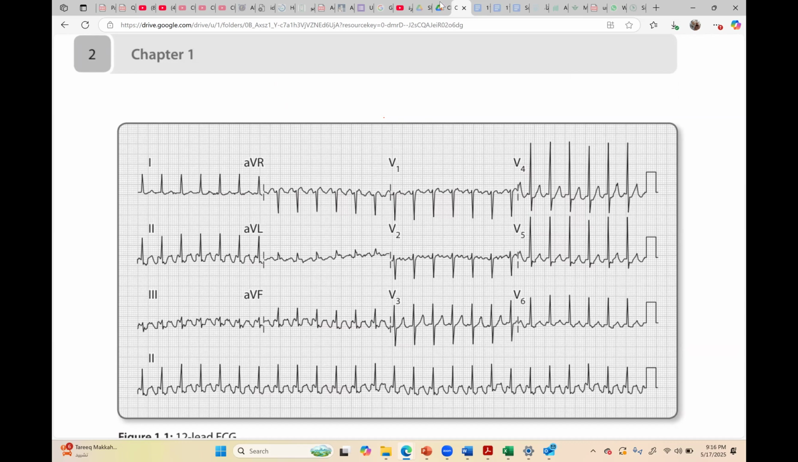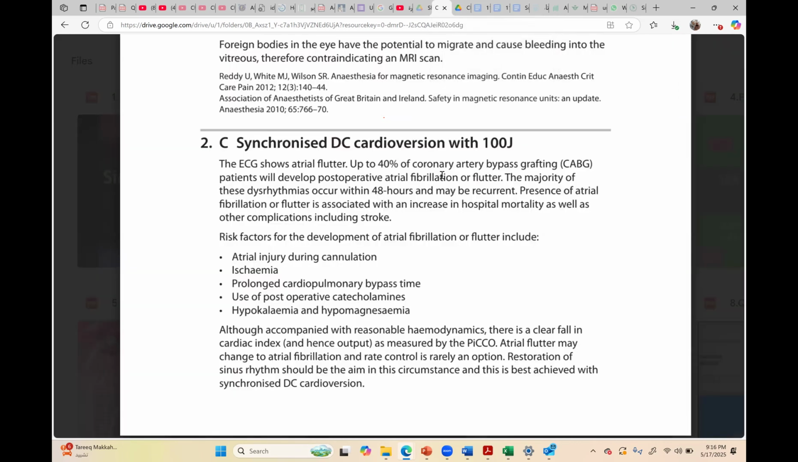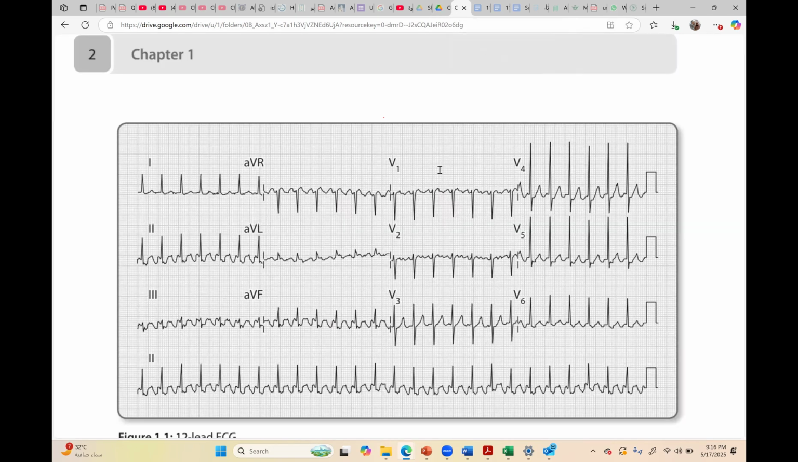Okay, let's see. Up to 40% of CABG patients will develop postoperative atrial fibrillation or flutter. The majority of these dysarrhythmias occur within 48 hours and may be recurrent. Presence of atrial flutter is associated with an increase in hospital mortality as well as complication of stroke. So you can just revise the topic of atrial flutter or atrial fibrillation. Still, I say that this is not a very clear ECG in my observation. Anyways,